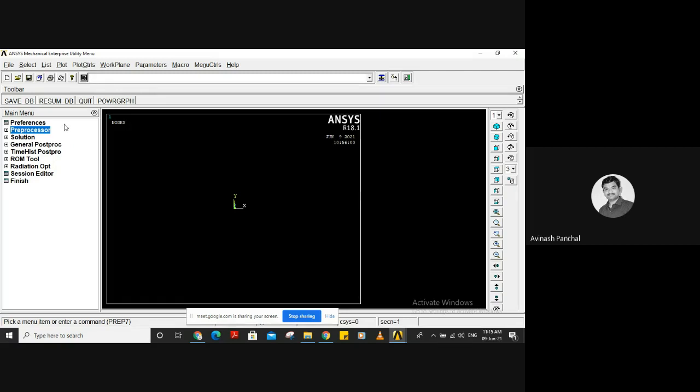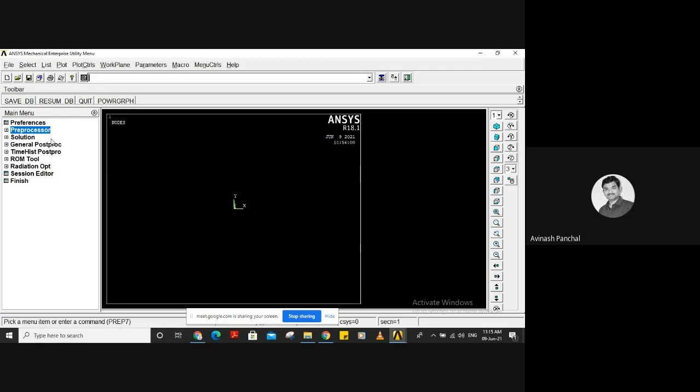This is APDL, and in it everything is shown in front of you, and we need to give it one by one. But if you use Ansys Workbench, there will be a different user interface and it is not like that.